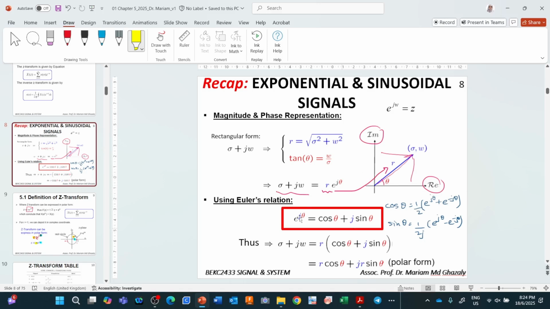Okay, so if we go back to the previous revision in chapter 1 and also in chapter 3, you have this where you draw out the rectangular form. If you remember, we have sigma plus j omega. So sigma represents this value, in the real, and we have the imaginary. So basically when you expand it, you get it in terms of sigma plus j omega, which is the rectangular form,